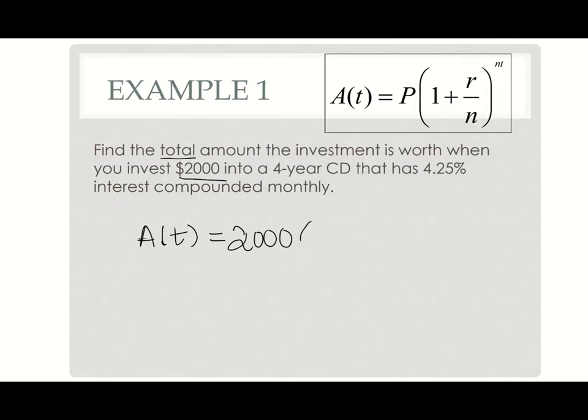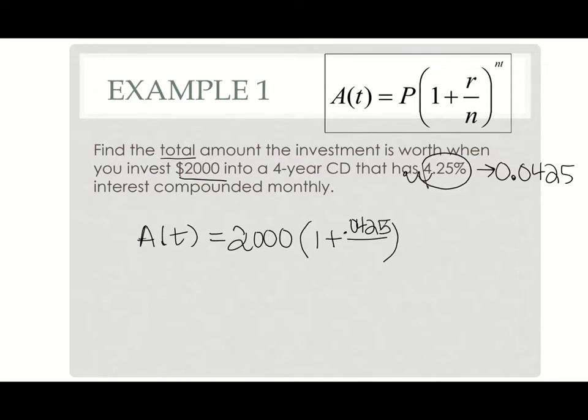And then our multiplier is 1 plus, because it is growth, it's going to increase over time. R is our rate, our interest rate. So we have a 4.25% interest rate, but we want to write this as a decimal. So if we move that decimal twice, our interest rate is going to be 0.0425. So just like we did with our multiplier, we change it to a decimal. Same thing here with this percent. So you would have 0.0425